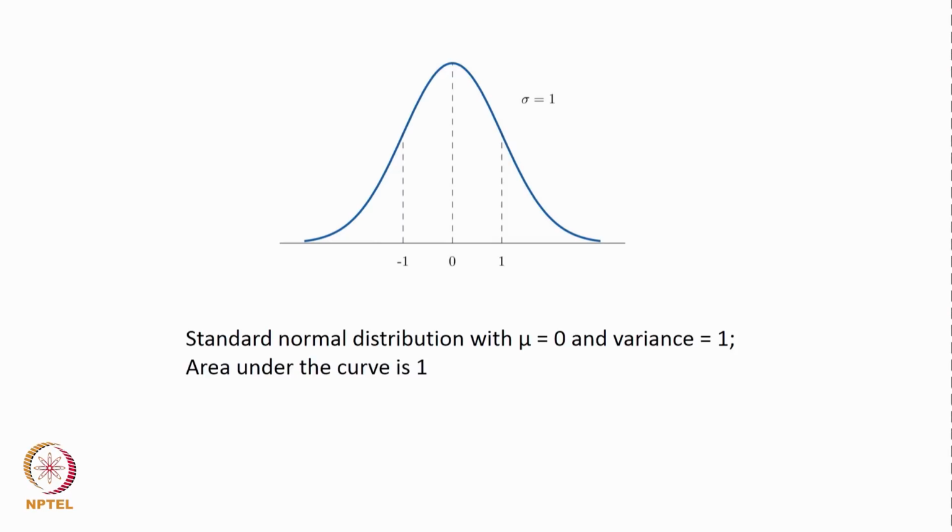Now, what we will look at more in this lecture is the standard normal distribution. We will study this further. There are some more equations that describe the normal distribution, which we would possibly not do in this introductory course on probability and statistics. Perhaps in a first level course we would look at all of that. This is the normal distribution curve, or the bell shaped curve. This is also the standard normal, we will also see the difference. A typical standard normal distribution has mu equal to 0 and variance equal to 1.